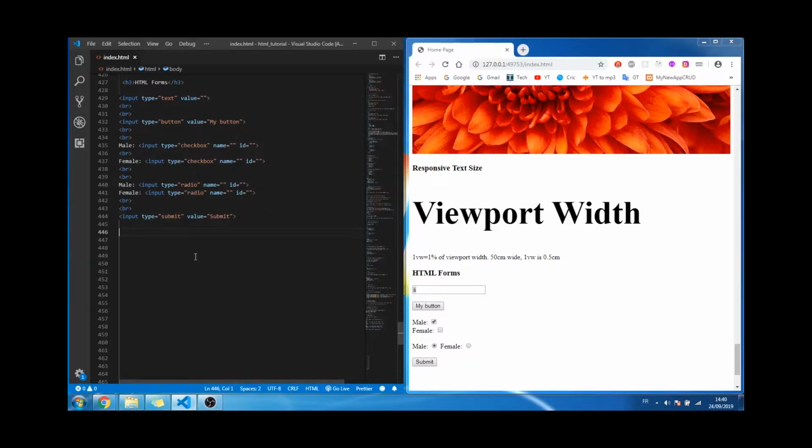You can also have a drop down list. So drop down list is used like a select element. Okay, you can give a name of this drop down list like a cars id. You can give as well cars id. So the first option, which is Volvo,